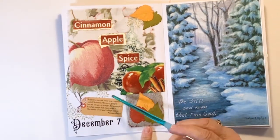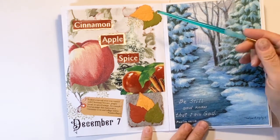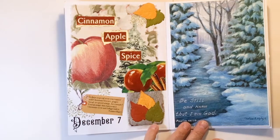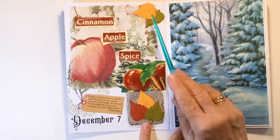So day 7, is there a special scent you connect with Christmas? Fir tree, gingerbread, or spiced orange, for example. Find an image that represents a Christmas scent and collage with it. I really enjoy cinnamon apple spice tea. So I took elements from the packaging. I took these